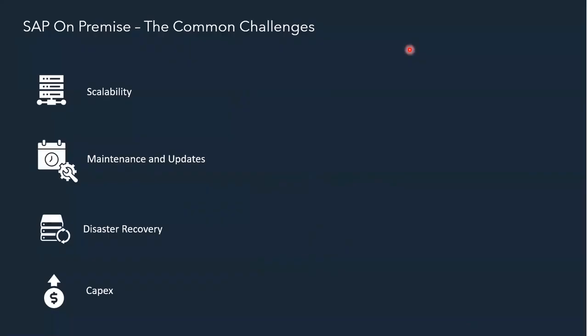Most of the audience who have joined this webinar are most likely running their SAP applications on-premise, and they are very well aware of the challenges and restrictions they face on a daily basis, including the need to optimize cost. Let's look at some of the important challenges. One of the primary challenges that we have when we run our workloads on-premise is scalability. To keep up with your business expectations and associated infrastructure requirements, the single biggest challenge is scalability.